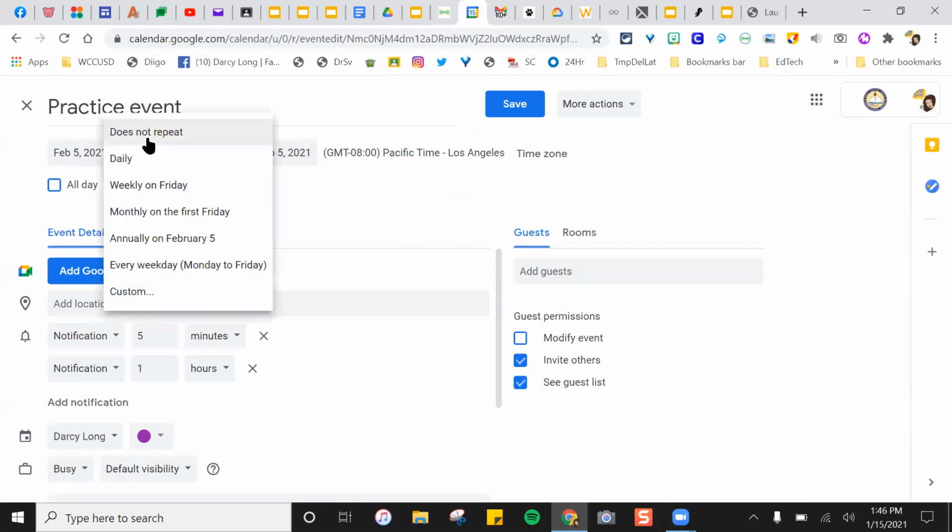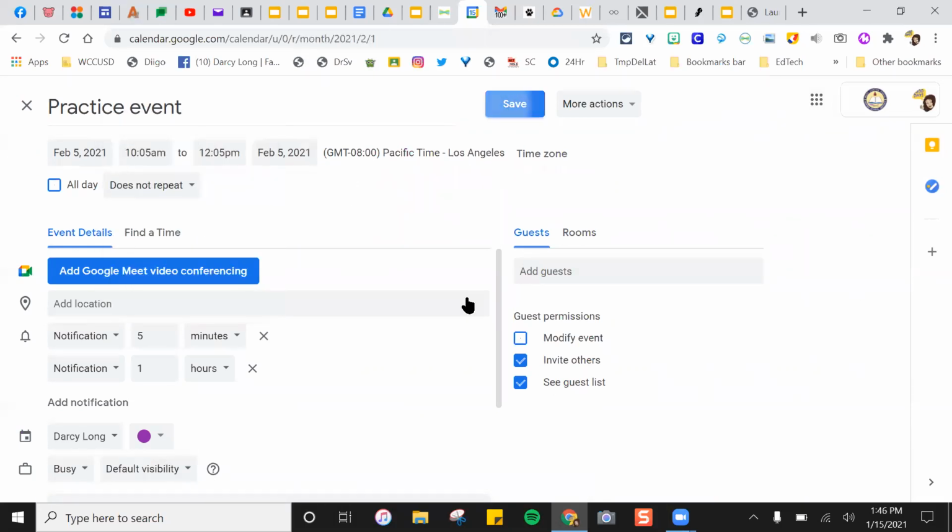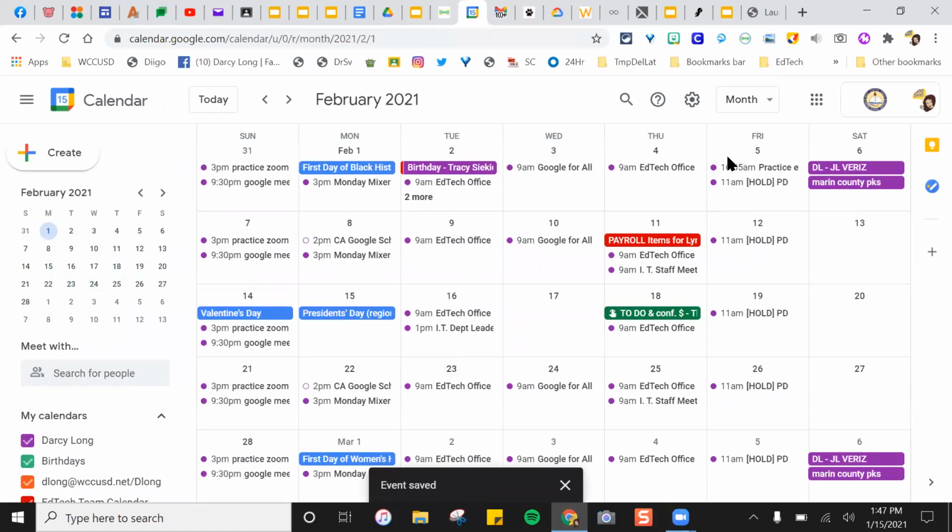Oh, there, I'm going to turn that off, does not repeat. And I can click save. Okay. Now I'm going to go back to the slide deck in a moment, but I want to just pause